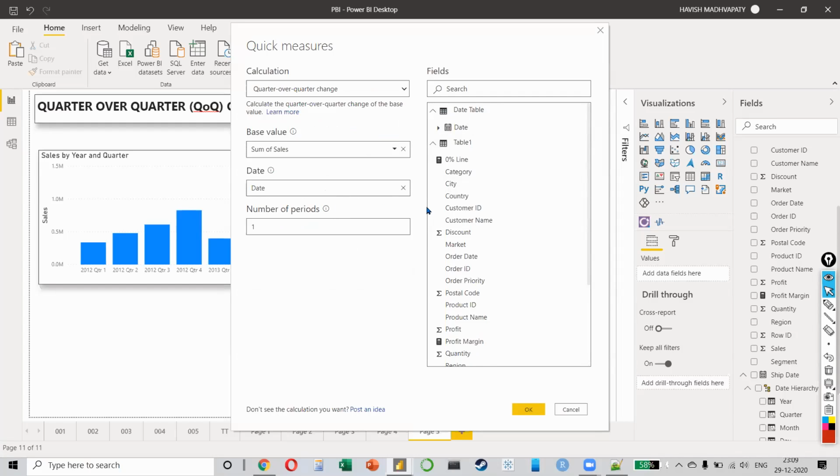The base value is sales and the date is the date from the date table. Right? And that's it. Just click on OK.